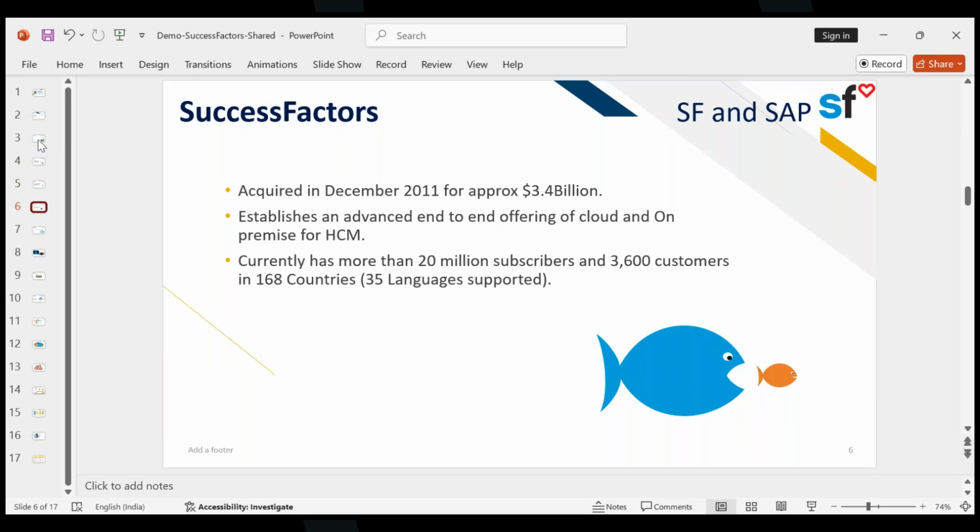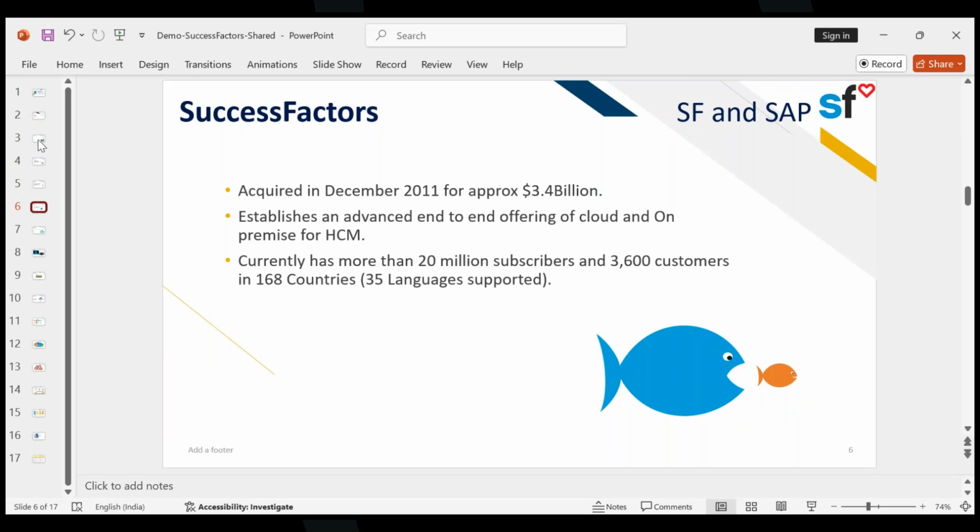So that's where they saw the gap, and they were able to capture the market very easily. But that was not digested by the majority of the giants like SAP, Oracle. So what SAP did, SAP bought SuccessFactors, and they ensured that it will be developed as per their roadmap to cater to their customers. So they had their customers as well as SF customers. So both got merged, and now they are marketing only SuccessFactors as a HR application